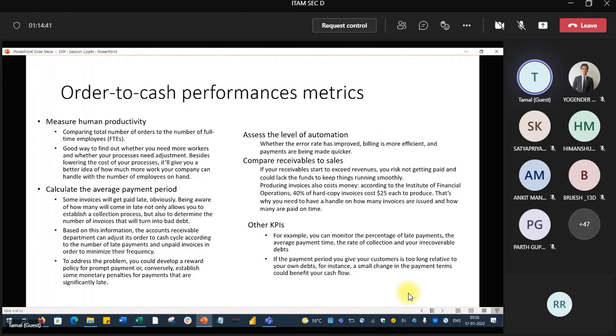So how many payments are not paid, how many payments are late, that is another measure. So if 100 payments were paid late previously and now it is 70 payments, then you are done. You have shown an improvement.